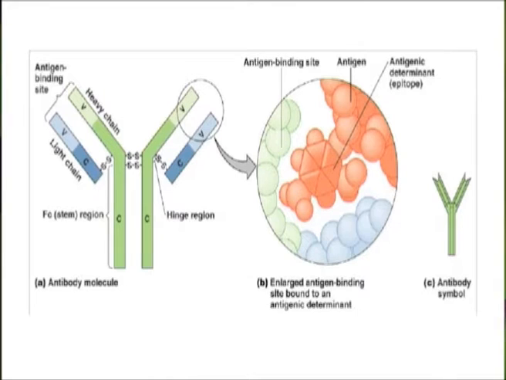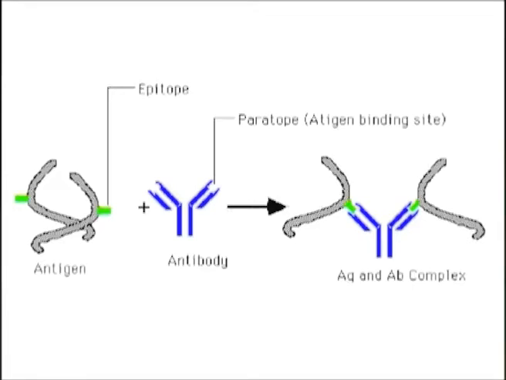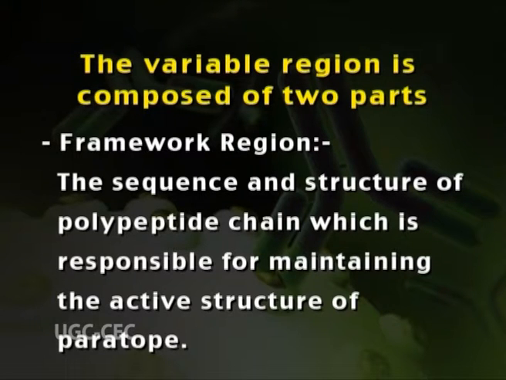variable region. The variability in the FAB fragment accounts for the property of specific antibodies binding to specific antigens. The structure of the variable region is complementary to the structure of the antigen to which it will bind. The variable region is composed of 2 parts: the paratope or complementarity determining region, the site where the antibody binds to the antigen, and the framework region, the sequence and structure of the polypeptide chain which is responsible for maintaining the